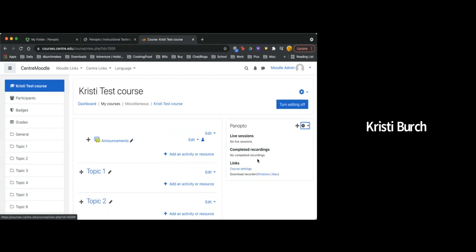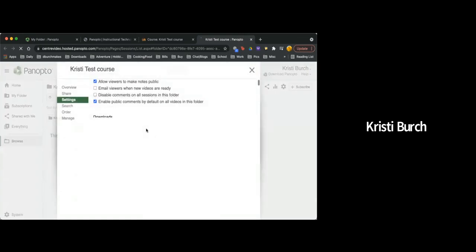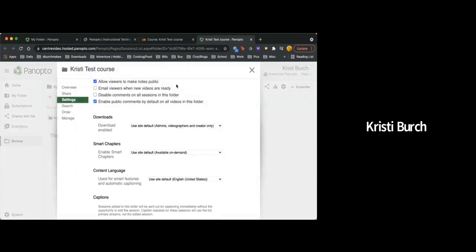you should be able to, if this is already provisioned, it'll say course settings, and it'll take you directly to that. If it hasn't been provisioned yet, it'll say provision course, and then you would click on this button that says provision course. And when you click on that, it'll take you directly to this screen where you can set